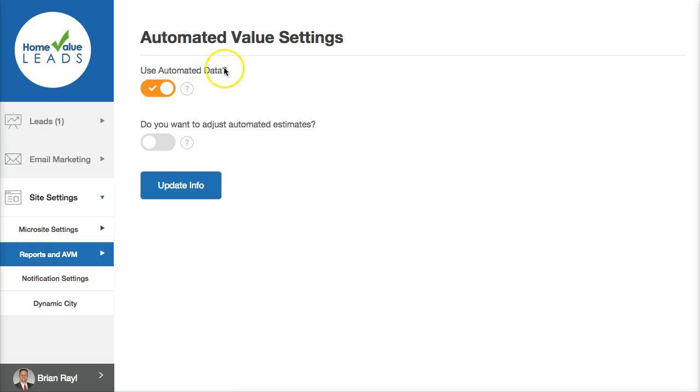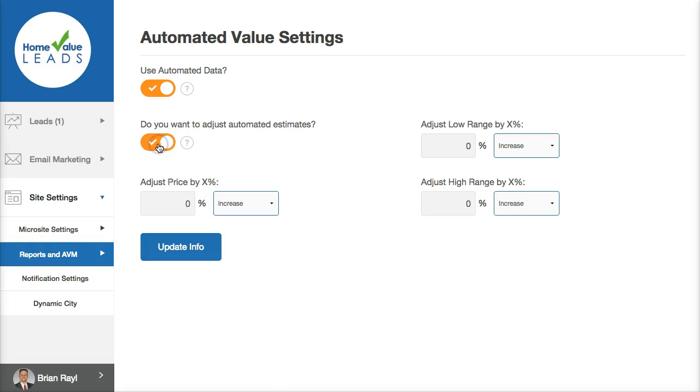Do you want to use automated data? Of course we do. Do you want to adjust automated estimates? This is where you need to turn it on. And you'll see that there's three boxes here. You can adjust the price, you can adjust the low range, or you can adjust the high range, or all three. So going back to this property example, let's say that we want to increase it by 5%,